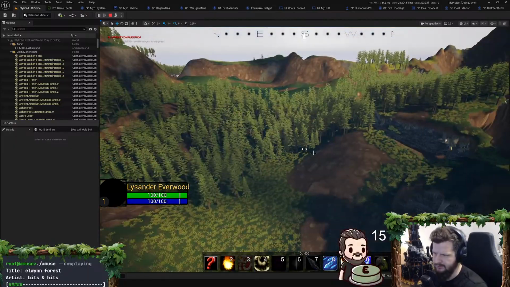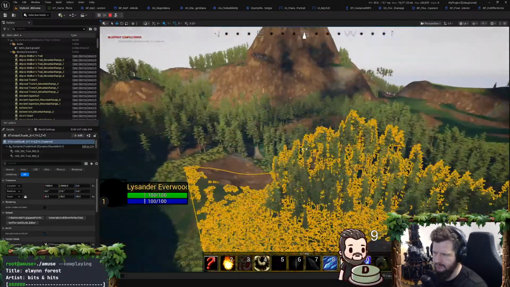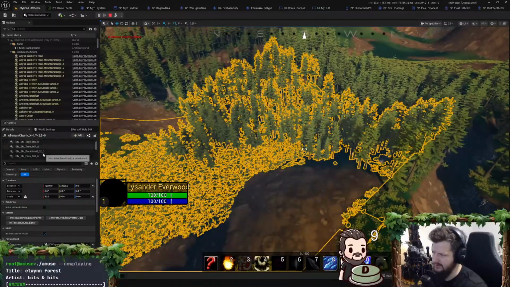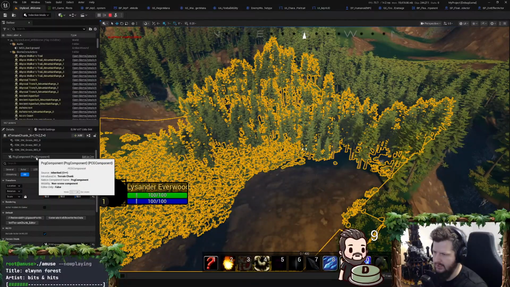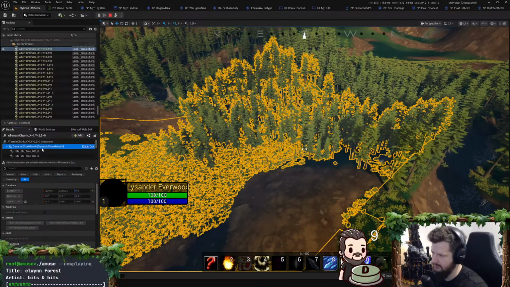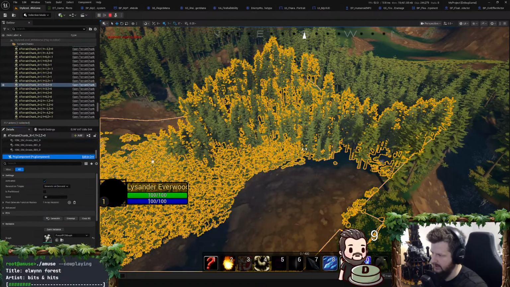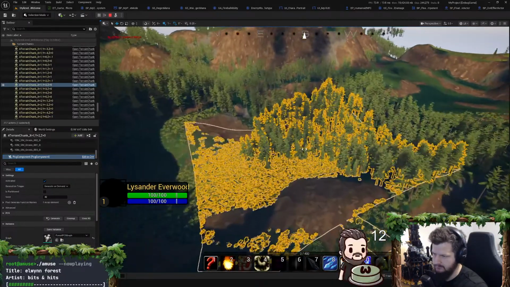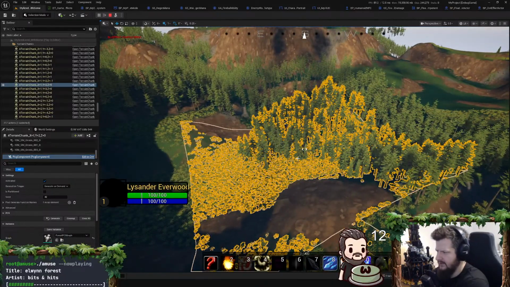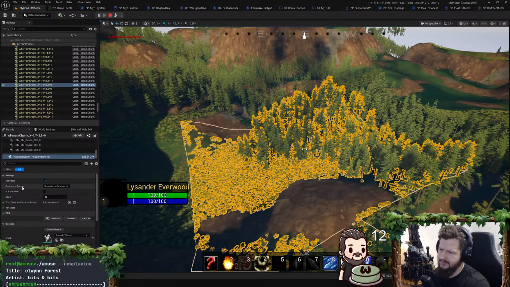But that was super complicated for what I needed it for. And so I just attached a PCG component onto each terrain chunk. A terrain chunk is an actor with a dynamic mesh component. And then I just attached a PCG component to it. And then I have it set to generate on demand, generation trigger. And then I manually manage the life cycle of the PCG stuff.